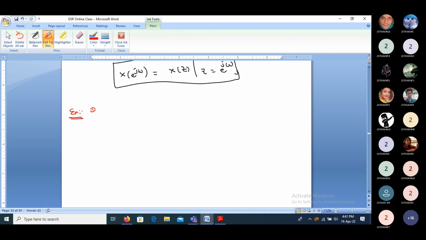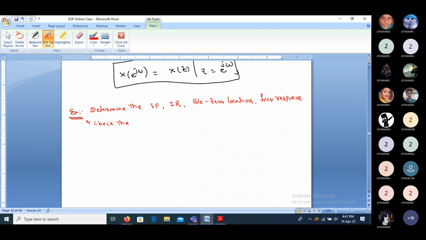So write down: determine the system function, impulse response, pole zero locations, frequency response, nothing but X of e power j omega, and check the causality and stability of the system